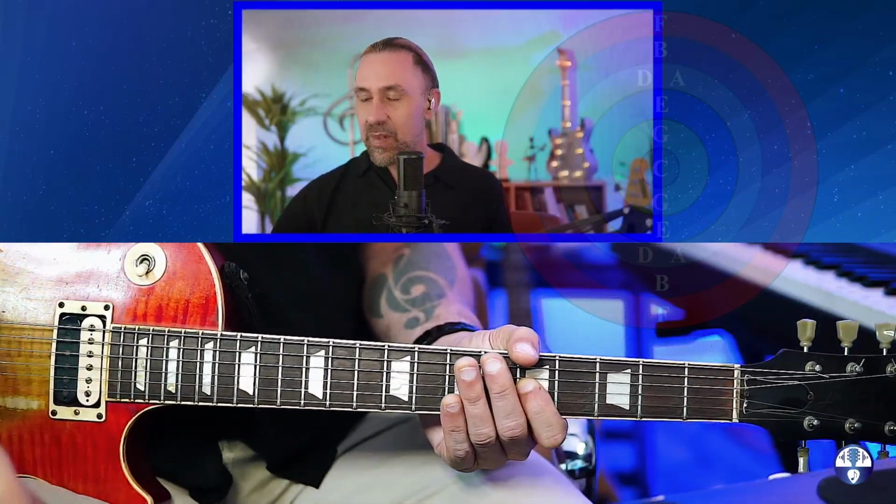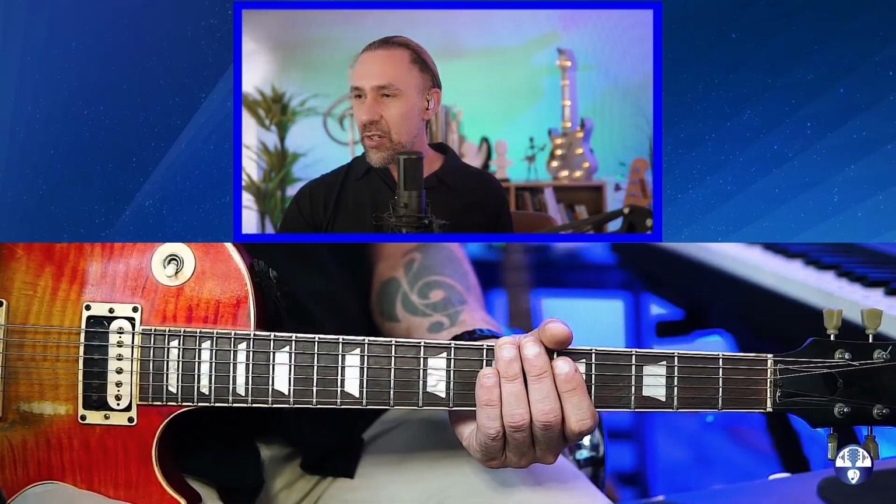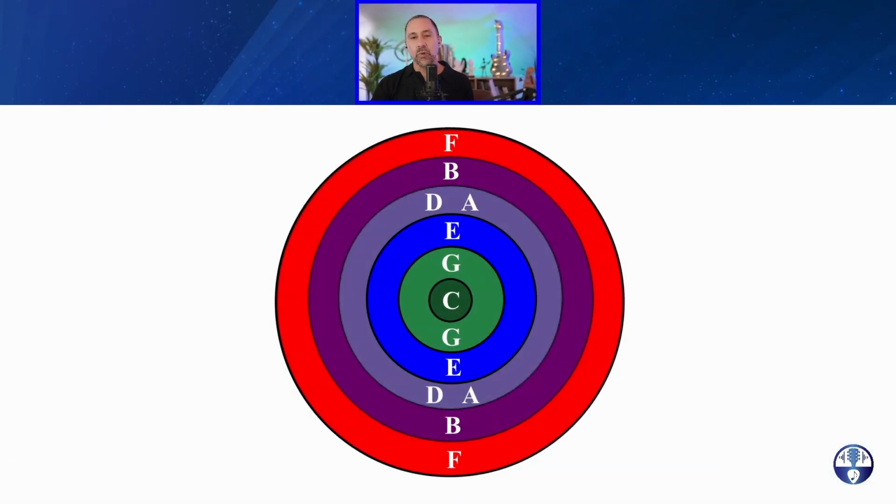You can also look at this tonal hierarchy chart not just using the letters of the key, but you can also use the interval numbers from the scale. So instead of thinking C, D, E, F, G, A, B, C, you think of the numbered notes within the C major scale, root, 2, 3, 4, 5, 6, 7. So in the center, we have the root, then we have the fifth, then the third. And then the mild dissonances are the 2 and the 6 of the key. And then the more noticeable dissonances are the 7 and the 4 of the key.